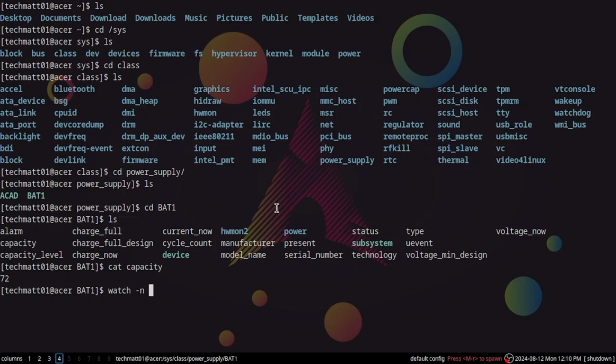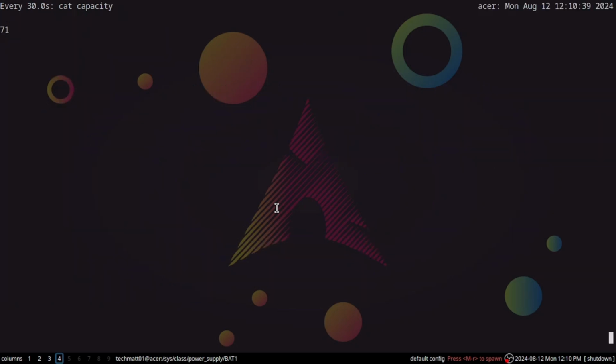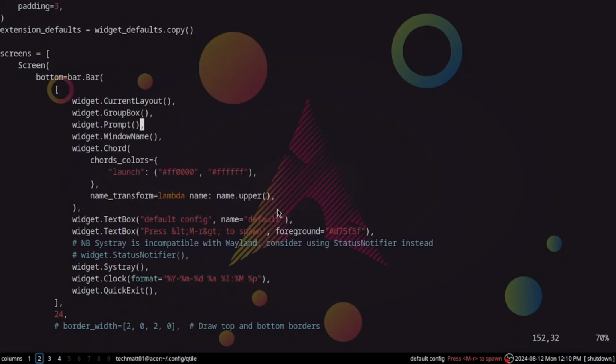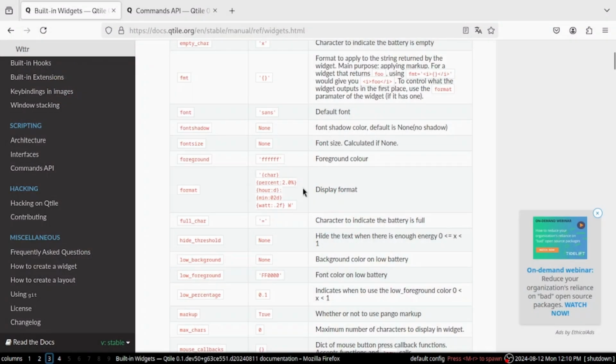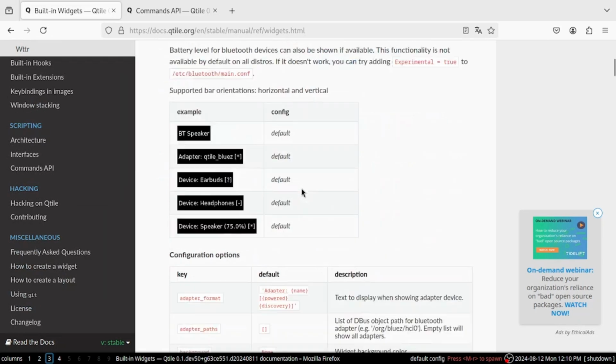So now I will just use watch to read the capacity level every 30 seconds. Just doing this. So I will just keep the level of the battery monitored, and that's it. So let's go back to where I was searching for, I'm sorry, I forgot: prompt, widget.prompt, battery icon,